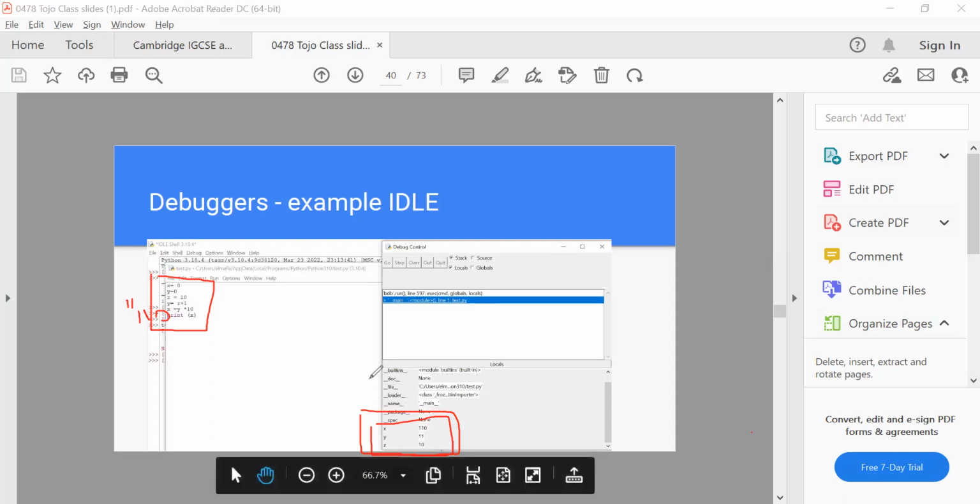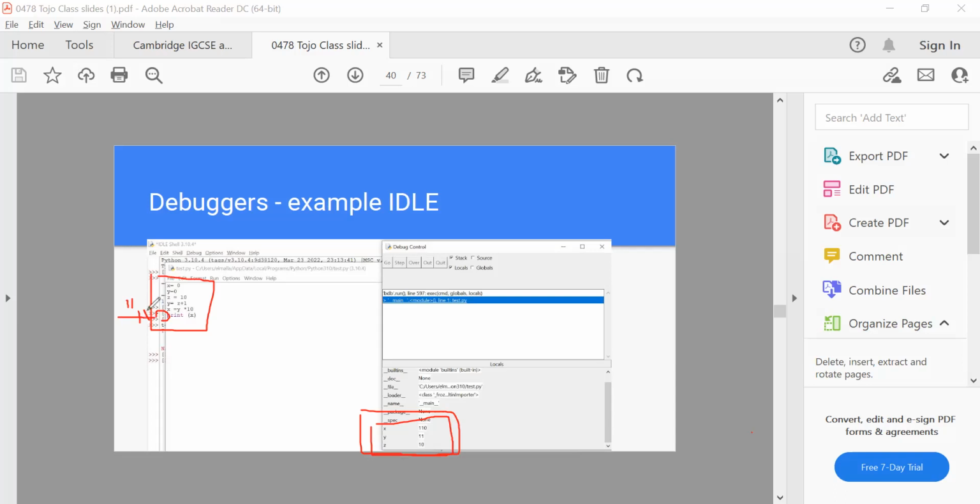Normally, with Visual Studio, sometimes they allow you to mark one part of the code where you stop. It will stop there, and then from there you're able to go line by line.